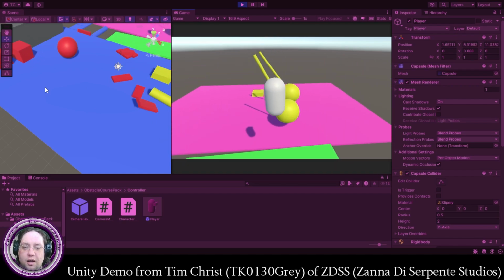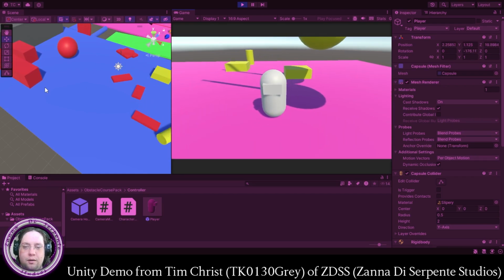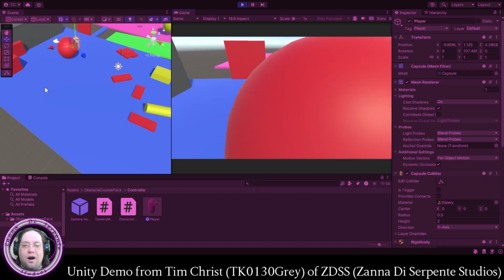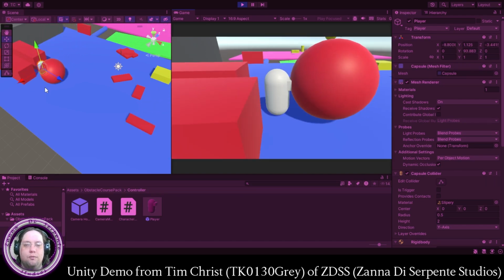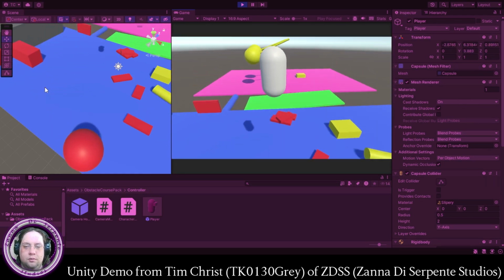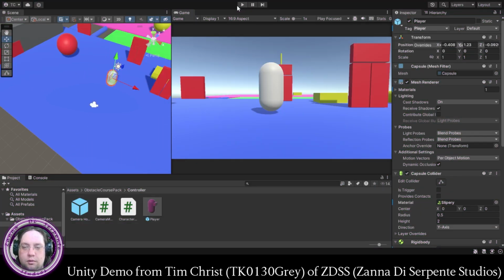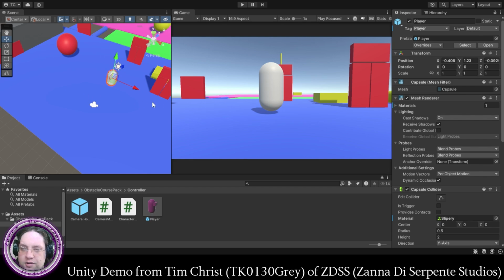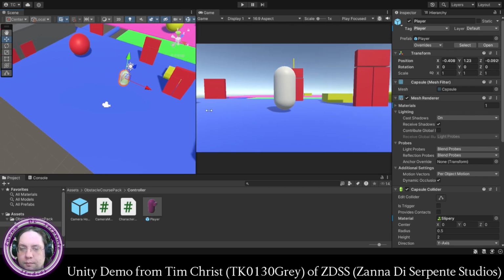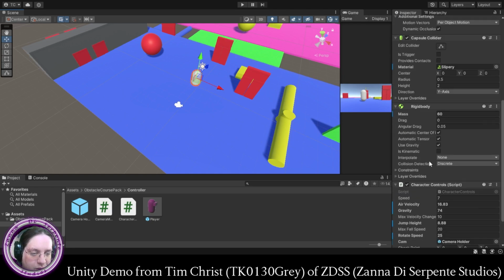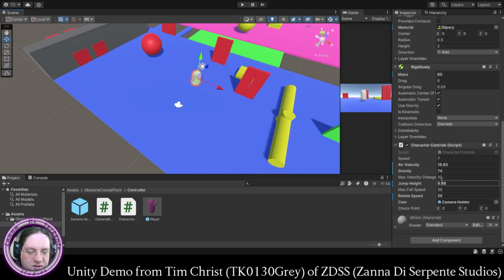So I'm pretty sure it has to do with just how high and how we're moving when we're in the air. Okay. So, now that we've checked out the different player controls,